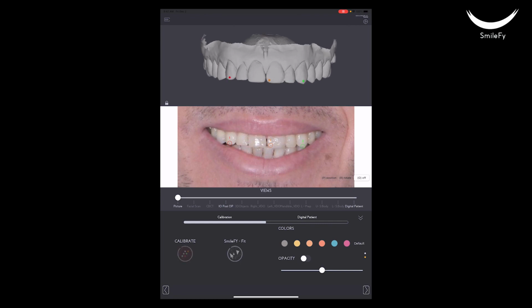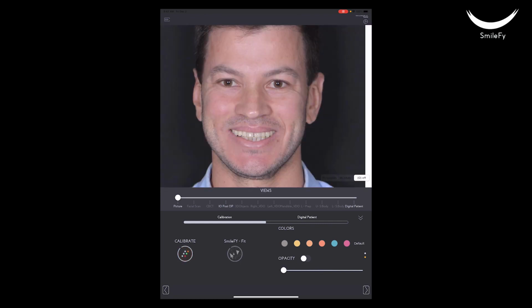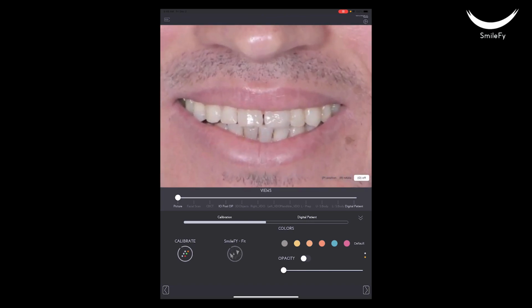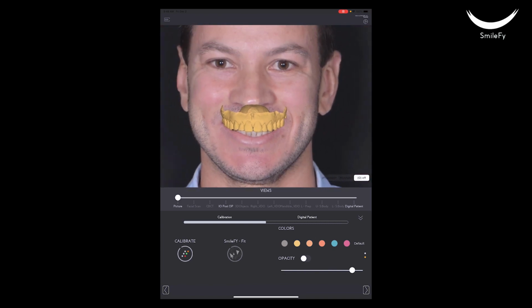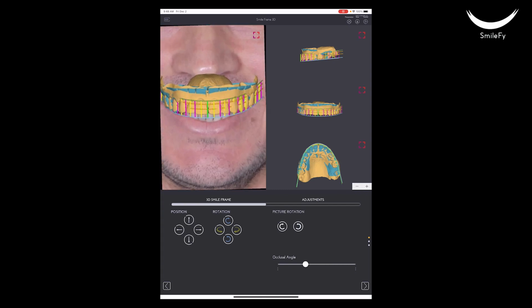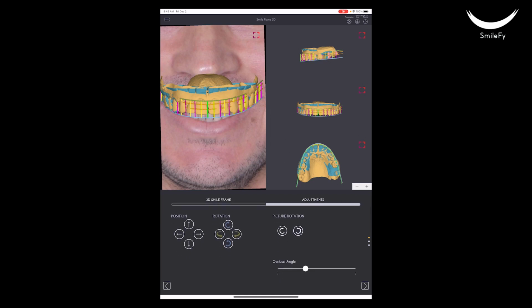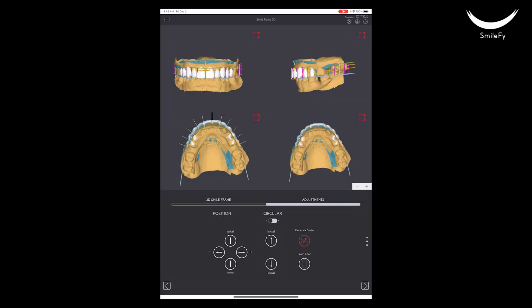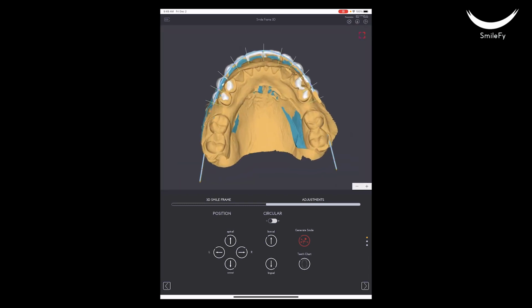Notice here that now we are able to visualize the cervical margin of every single tooth, even if the patient is covering half of the teeth, which is very important for us to define the proper proportions and height of our treatment plan. With what we call the 3D smile frame from SmileFy, instead of working tooth by tooth, you can preset the proportions, height, and position of this frame. And once it's finalized, you are able to place all teeth together all at once to save you time